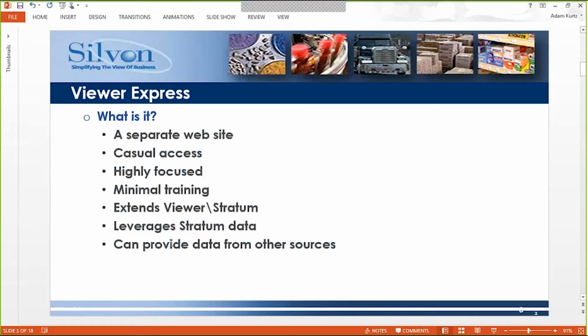ViewerXpress, so what is it basically, and how is it different than Viewer? Well, it's definitely a separate application. It's a separate website than Viewer. And so, the users would definitely be getting a different application, a separate website. It really lends itself to casual access. So essentially, it's a very stripped down, easier way to access the viewer data or any other types of data for that matter. So, if you really want to roll something out that's real easy, has very easy ways of getting to the reports and views, and navigation is very minimal, well, then this is something that you might be